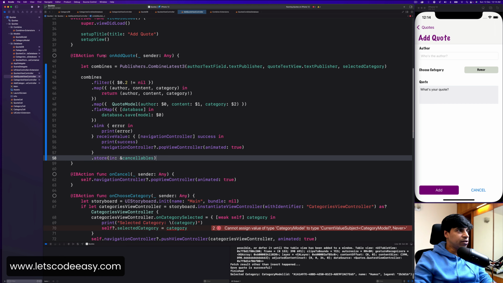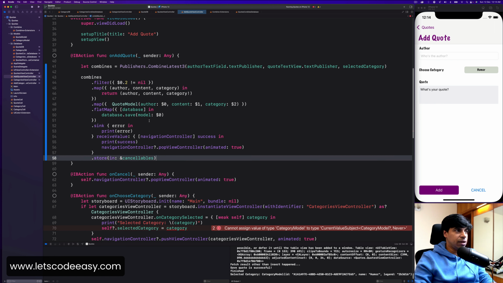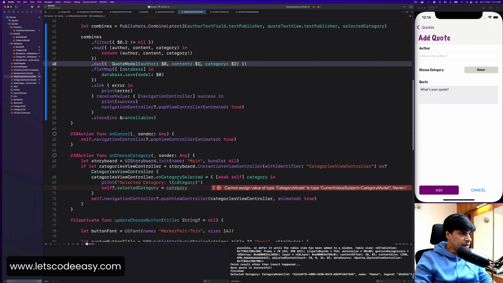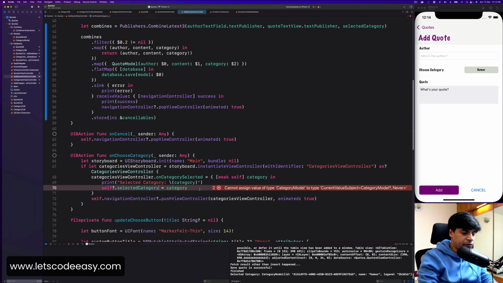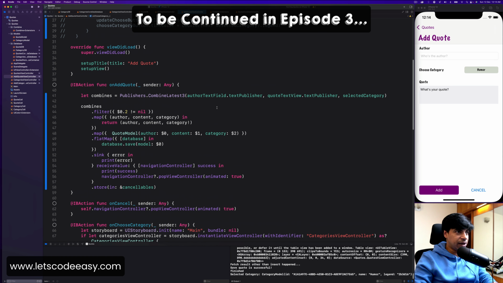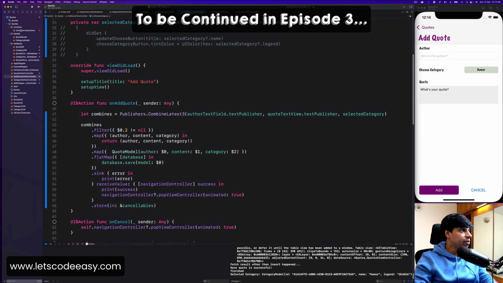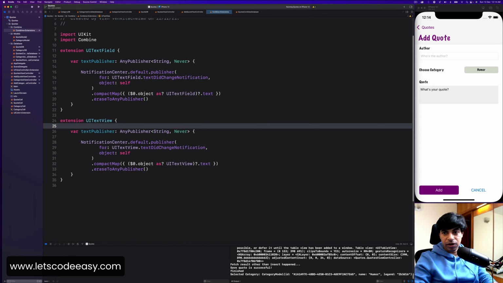But still we are not yet there, because we have one more thing, which is the button, which we need to transform still to make it in that similar way where everything is chained end to end. And you can already see this category is giving an error because I can't set it to this. So to avoid that, again, I'm going to use the value, but again, we will revisit this and convert that as well. So that is the first bit. This again, we remove the other value part, but then this we will revisit again once we implement the other part. So this is done. So combine is done. Now let's go back and create UI tap, the button tap event itself, which